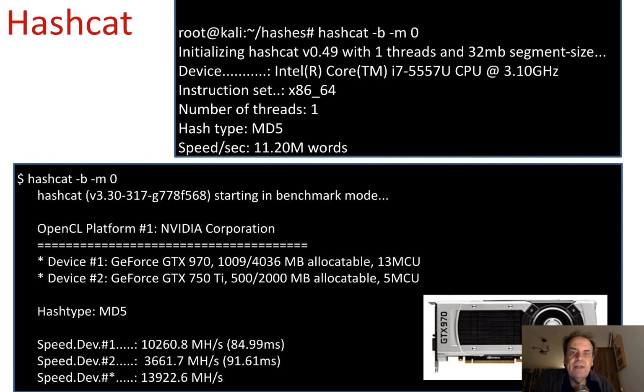So this shows you some benchmarks here. We're using Hashcat with the -b option to benchmark the number of words that can be processed. In this case we're using an i7 processor, and we get 11.2 million words per second. But if we look down here, we're using 2 GPUs, a fast one and a slightly slower one, and we can see that now the rate is